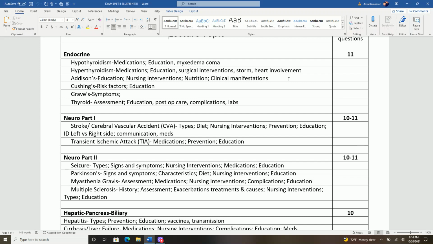For Cushing's, I want you to know risk factors. The main issue with Cushing's, remember, is that there is an overproduction of glucocorticosteroids in the body. So what that means is something is making it overproduce one of those hormones, right? So when we're looking at that, the number one key,